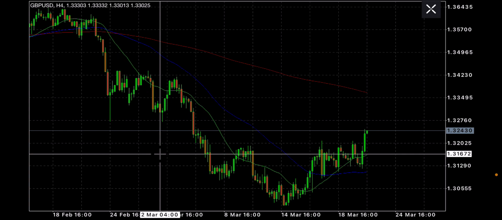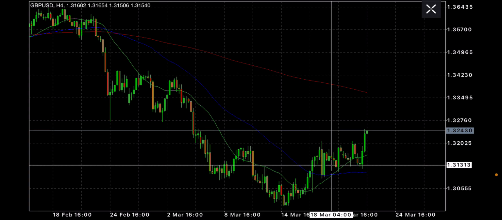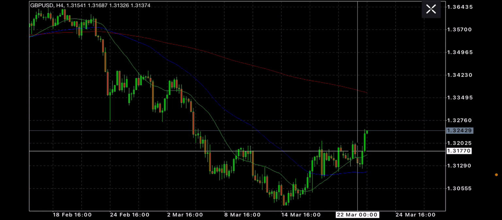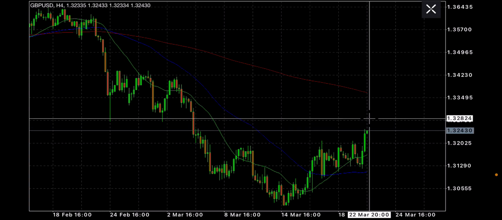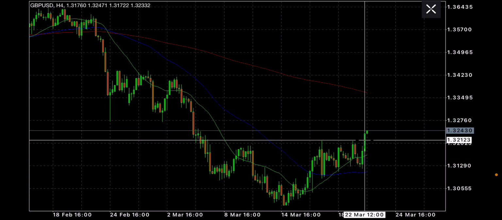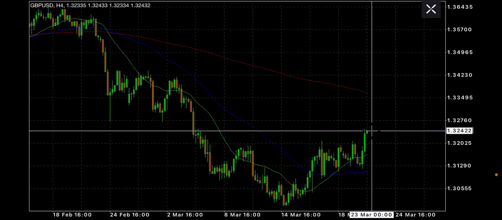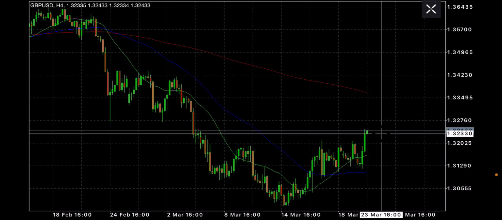But from a technical analysis standpoint, let's jump into that. Okay. So as we stated in previous videos, we did start to go down some. As we said, there was a possibility we may pick up into this area here before we start going back down again. And that's what's looking like it's going to happen. It looks like we're going to be picking up a little bit more before it actually starts to turn over